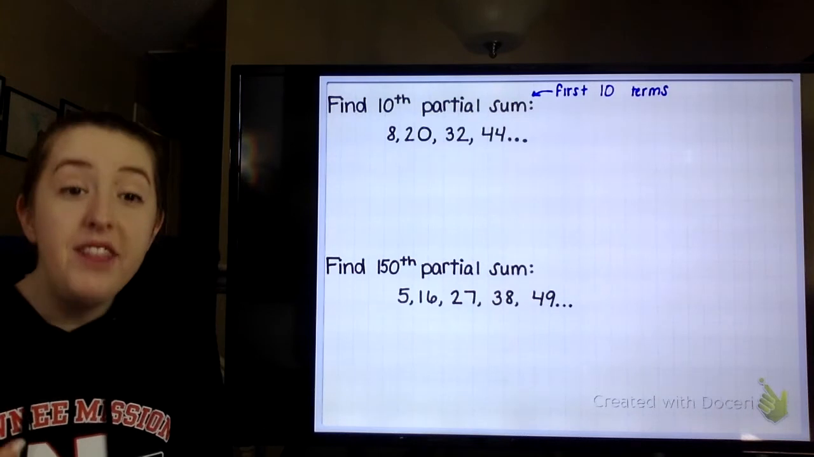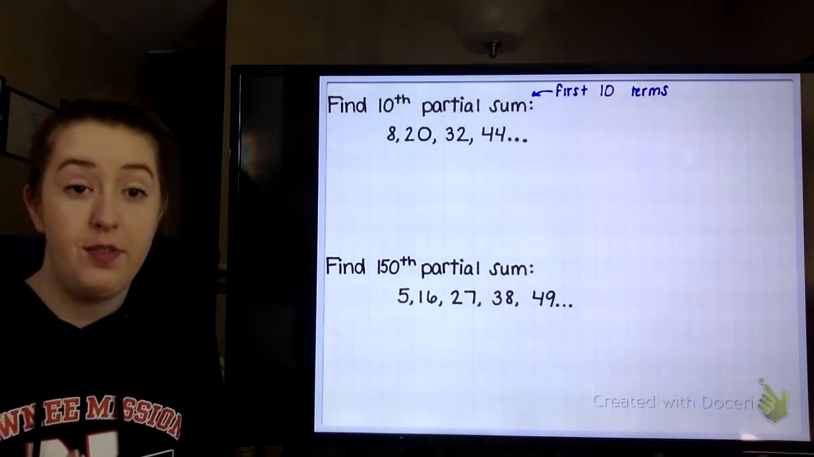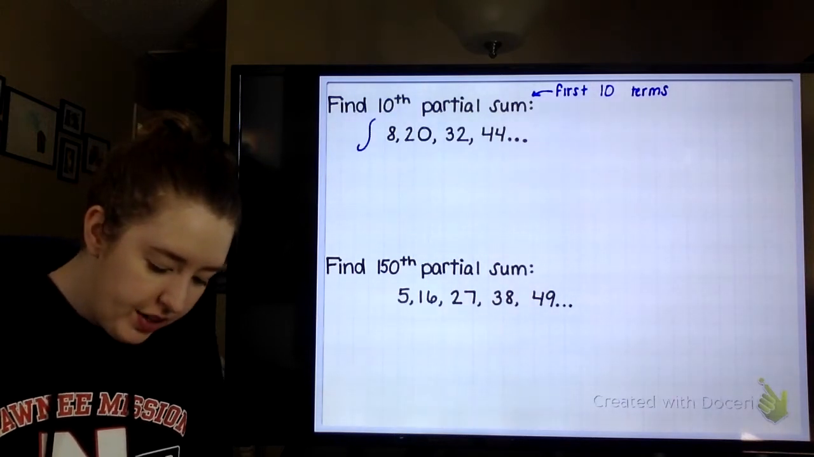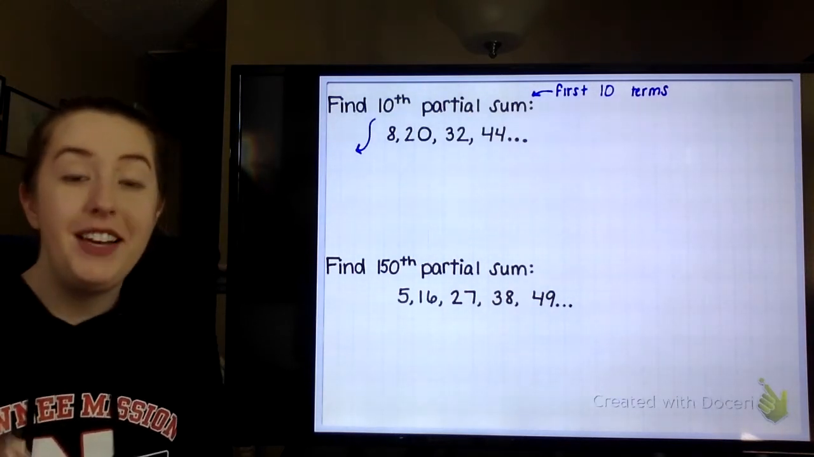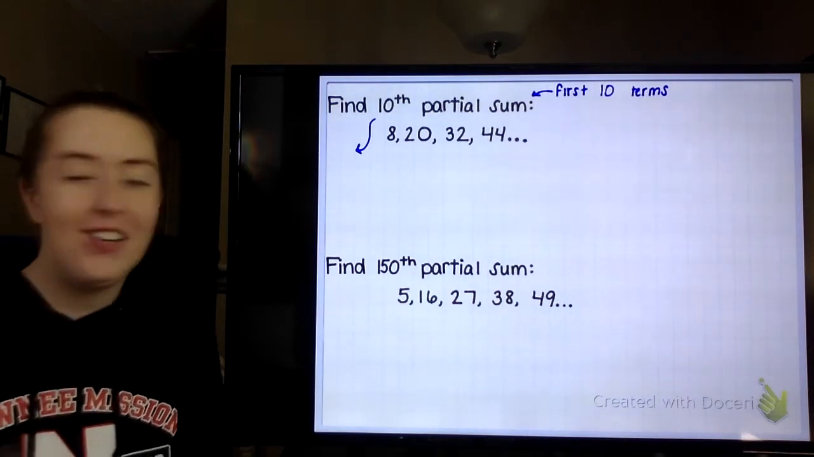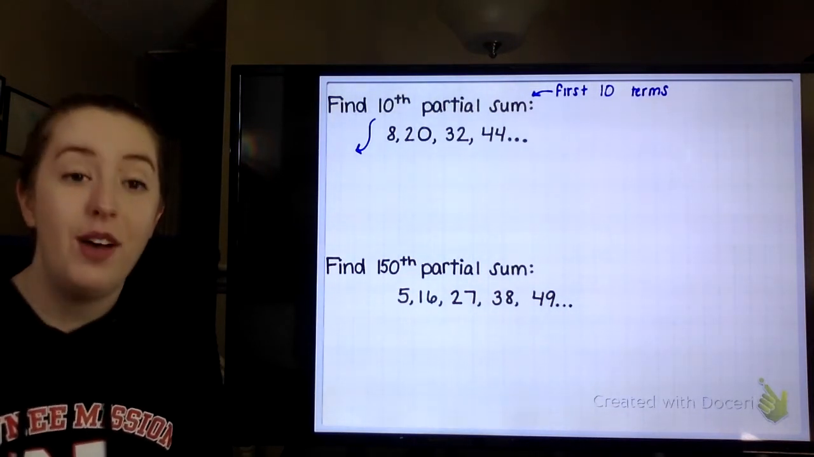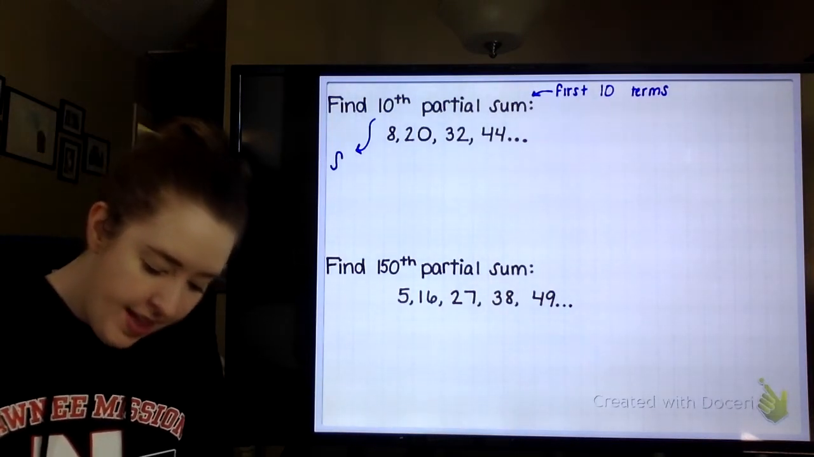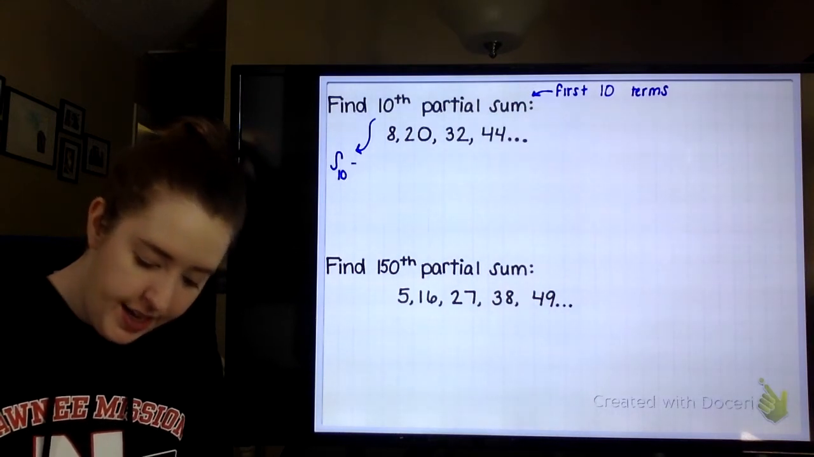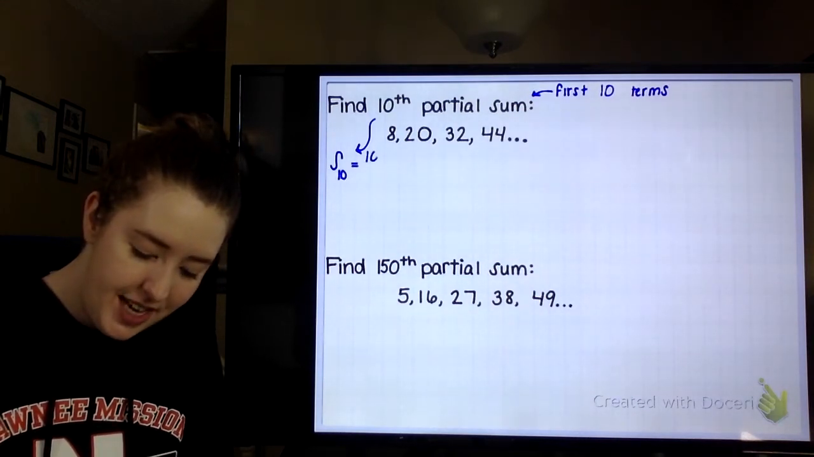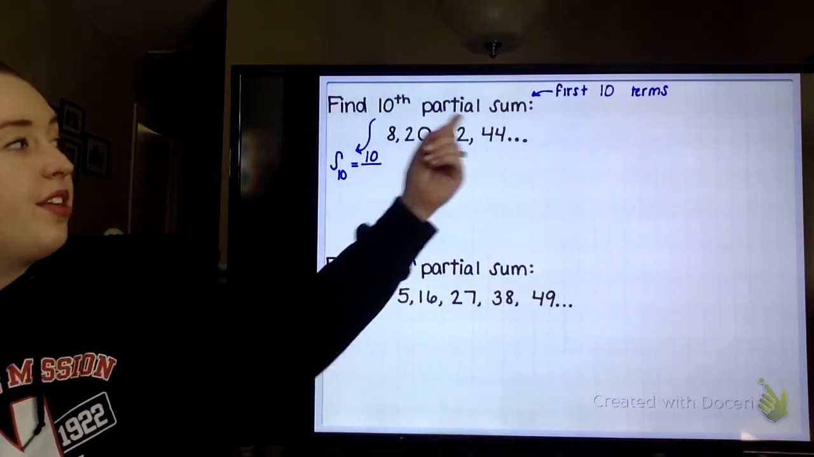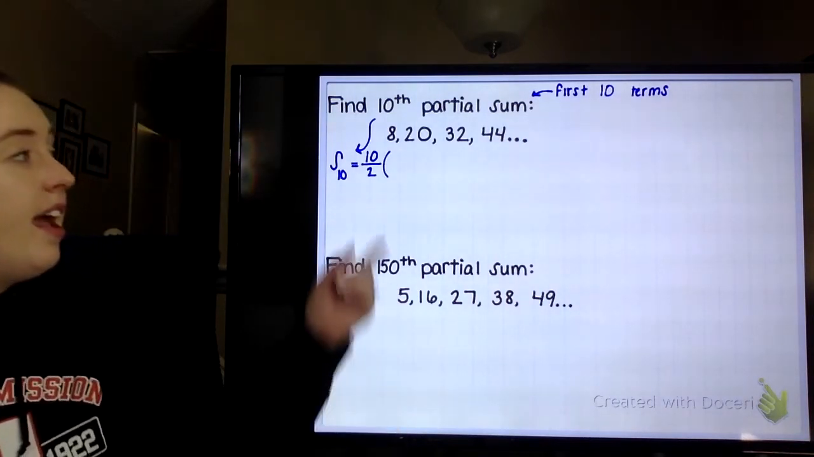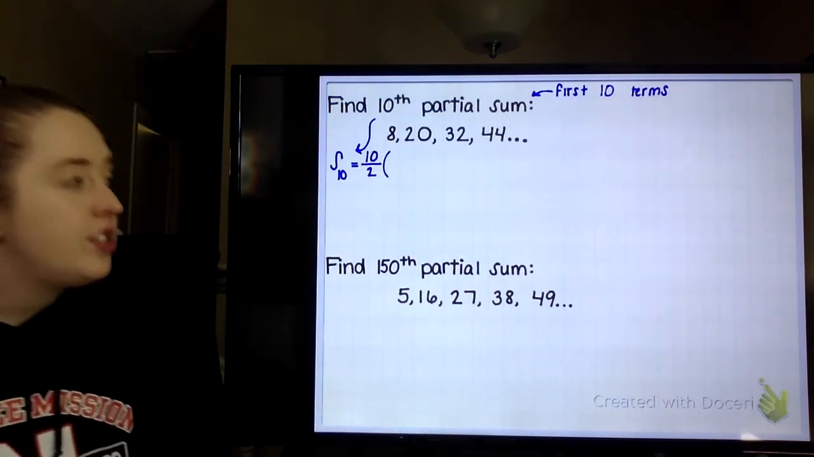So we have a couple of different options for where to go from here. Let's go the route that we have learned today. So we know we have 8, 20, 32, 44. We know we're adding 12 every time, so that's an arithmetic sequence. So I know that S sub 10 equals, I'm going to have 10 terms since I need the 10th partial sum, over 2 times. And then my first term is 8